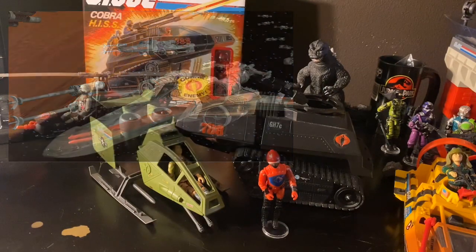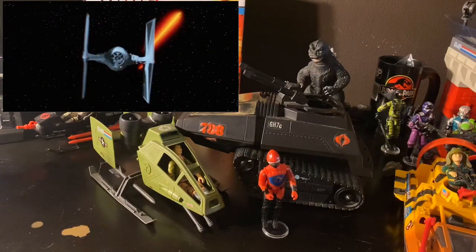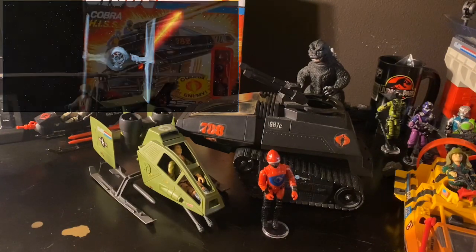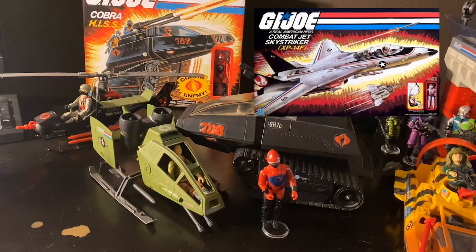And if you ask what's the most popular vehicle in Star Wars, 9 out of 10 people are going to say X-Wing and TIE Fighter. So G.I. Joe is a little bit tricky because of all the vehicles. And when I raised this question in that episode, I got a plethora of responses. You like that word. But I heard the Sky Striker, the Whale,